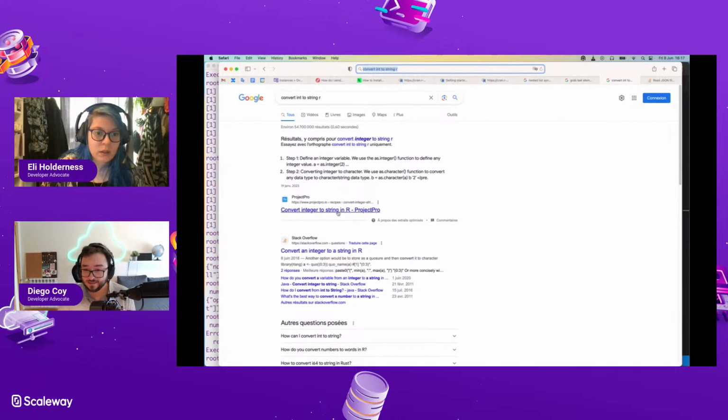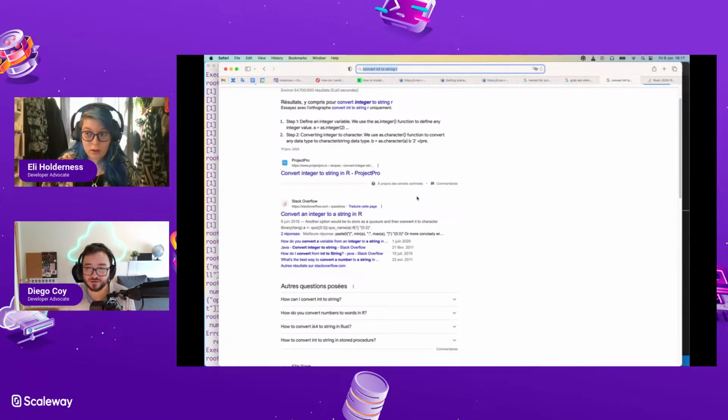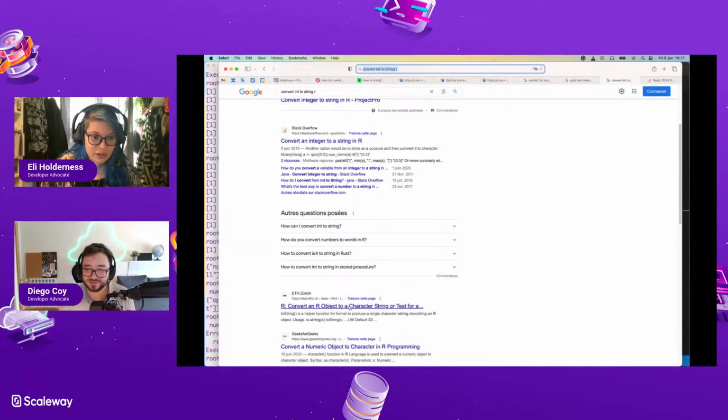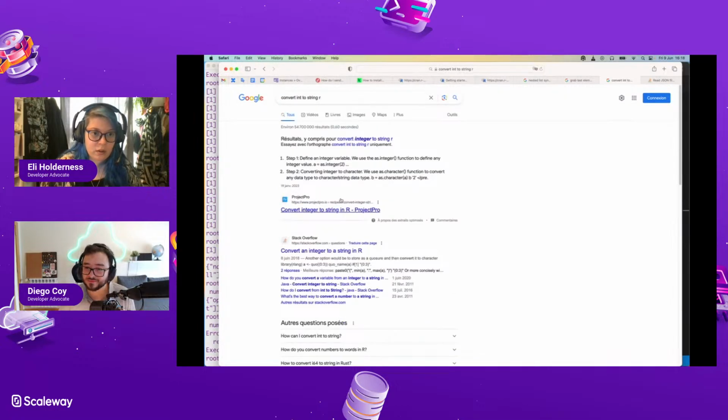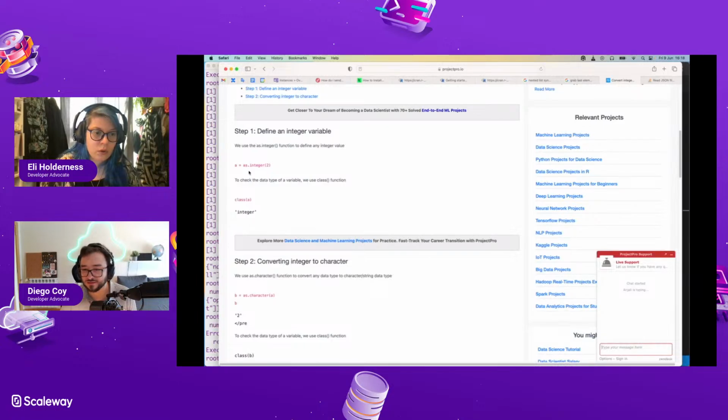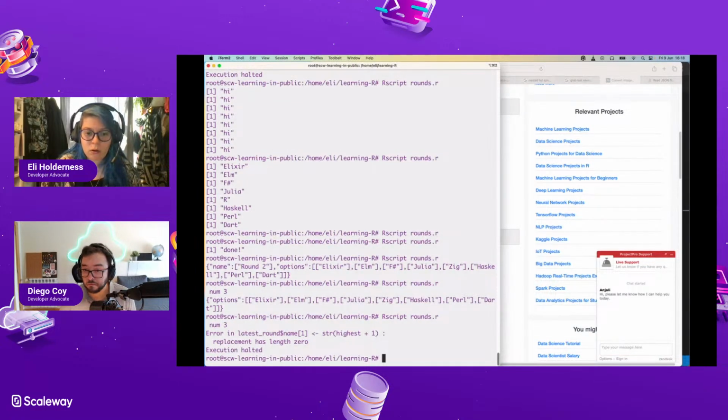There's as.character. Yeah, it's interesting because we had str to i before. Yeah, i to str. I don't think it's that. Convert to a character string to string. A helper function for format to produce a single character string describing an R object. No, that's not what I want, I don't think. So yeah, as.character seems to work. Yeah. Maybe. Hang on.